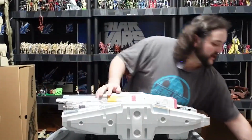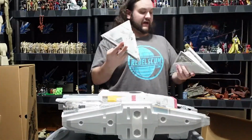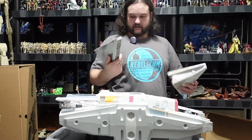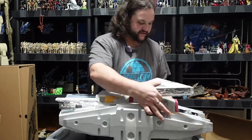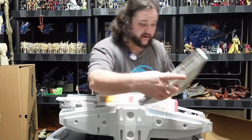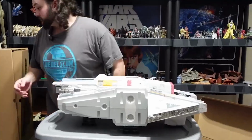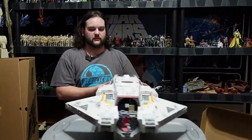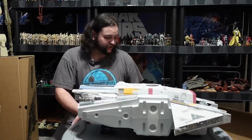All right, we've got a chunk of the side. Looks like this piece goes here, and this piece goes here. When you put them on, you just show it to the camera which side. I mean, it's pretty obvious, but there's instructions in there. There is instructions. The main trick is